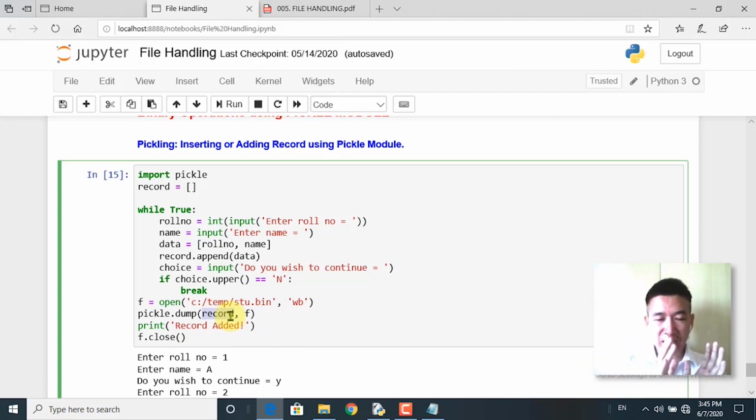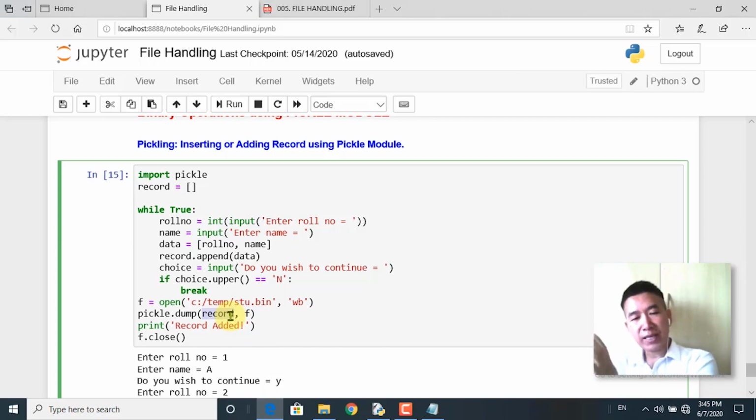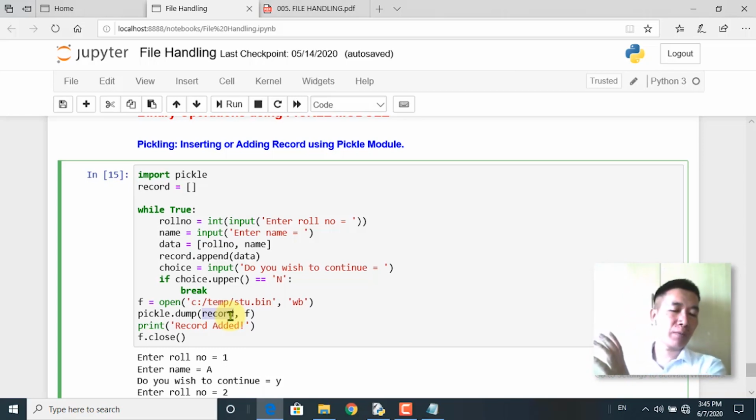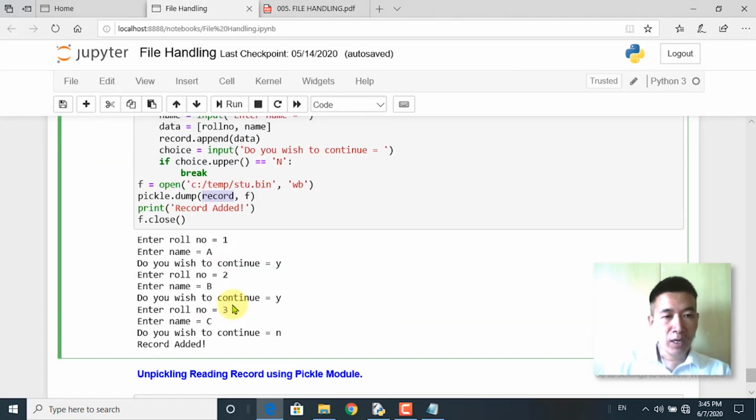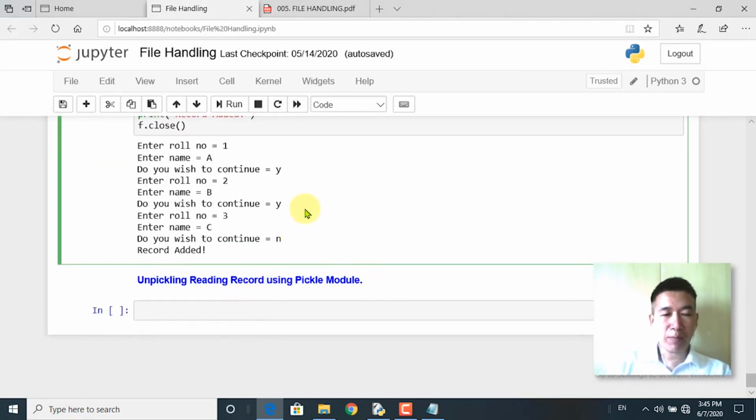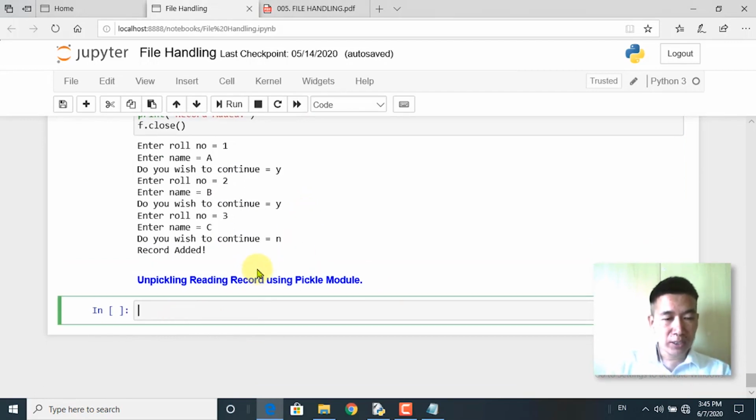The first element is again a list which will have the elements 1, A. The second element is again a list, but the individual elements will be 2, B. And then finally you have the third element, which is nothing but a list with 2 elements, 3, C. So the next program will help us to understand the first program. So let's go and write the